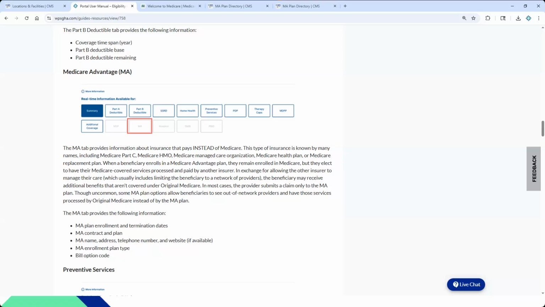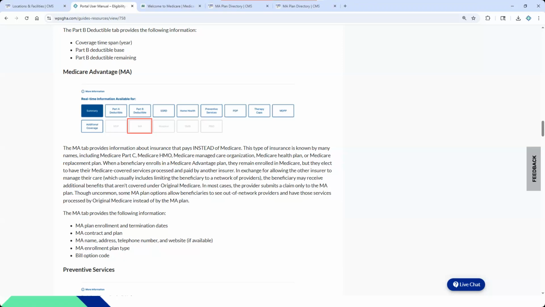Let's see. Is there a place in the WPS site where the patient's MA contract number is listed? Again, MA contract, right? Somebody asked us, I think this is kind of an interesting question. What happens when it's not listed, or why is all of this information not there? Our basic answer is if CMS doesn't give it to us, we can't display it for you. So incomplete fields in that 270, 271 transaction will cause incomplete fields in our system. It's something that CMS isn't offering to us, so we just simply don't have it to display.